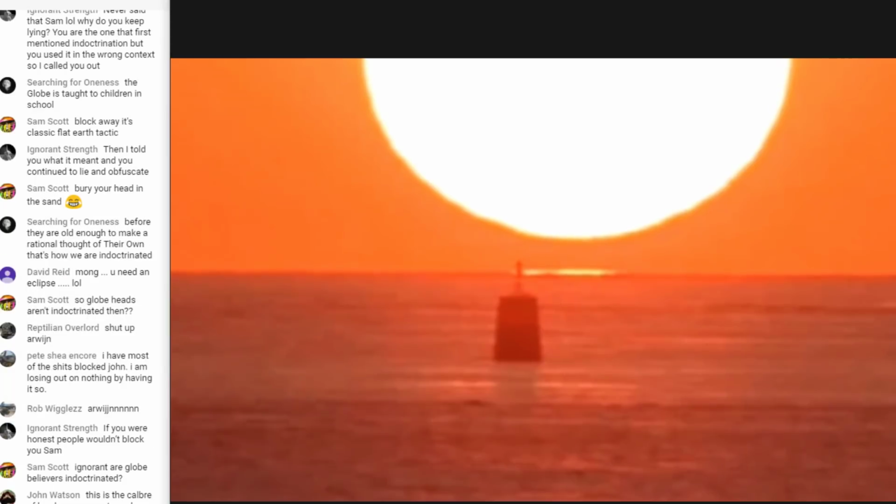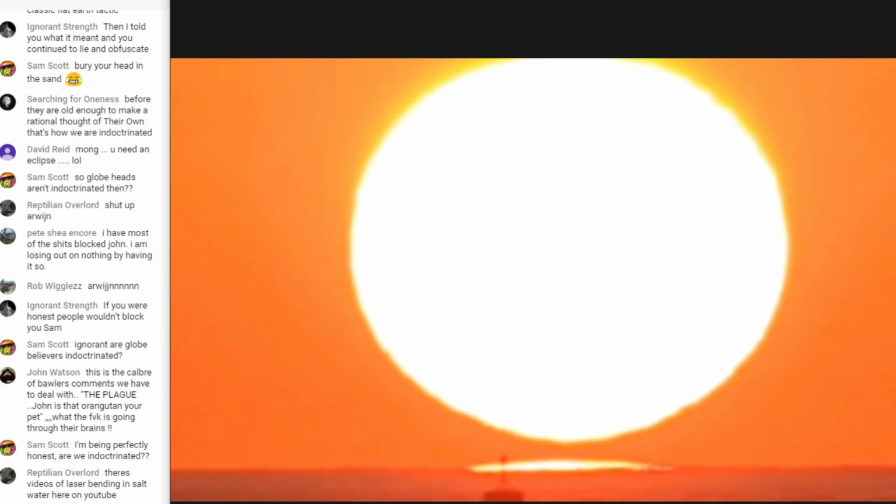But the thing is that the atmosphere, in a horizontal sense, is pretty damn constant. And thus, light cannot bend at a constant rate, because that would only apply if the atmosphere was horizontally inconsistent. That means that if you move like 100 feet and 100 feet more and more, the atmosphere would have to constantly change in density over distance. And that is never the case. Horizontal wise, the atmosphere is pretty damn consistent.